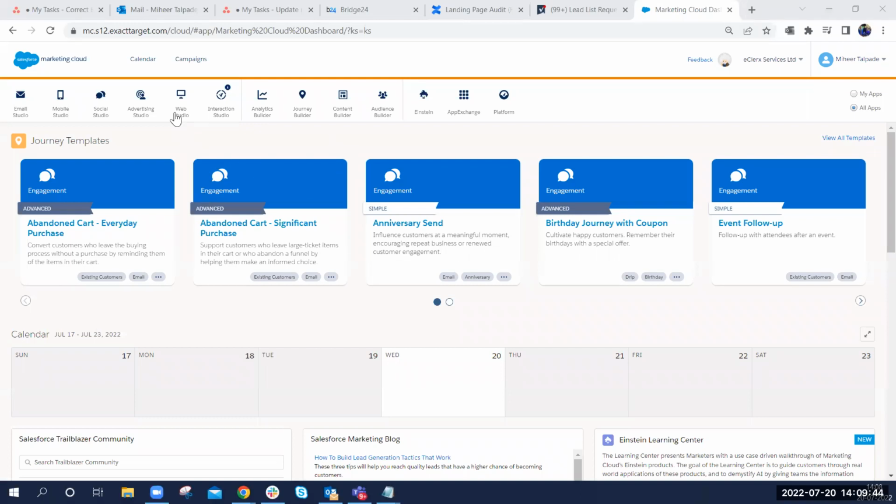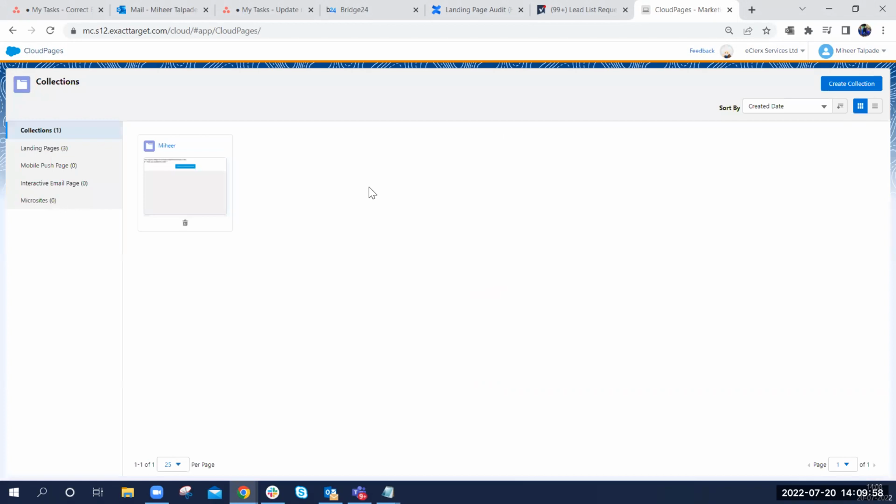So to build cloud pages, you go to Web Studio, go to Cloud Pages. Now, the folders of Cloud Page, it's called collections. Now, if you see over here, there is just one collection on my name. It has this thing inside, which basically means that there are some pages inside. If you go into the collection,